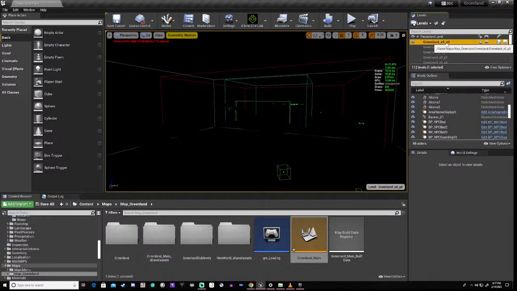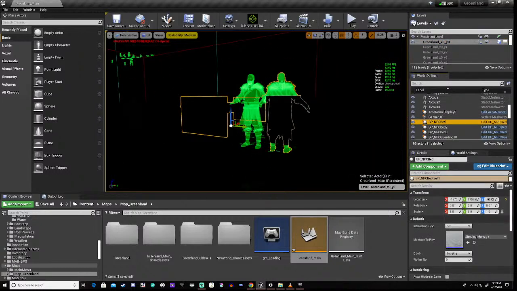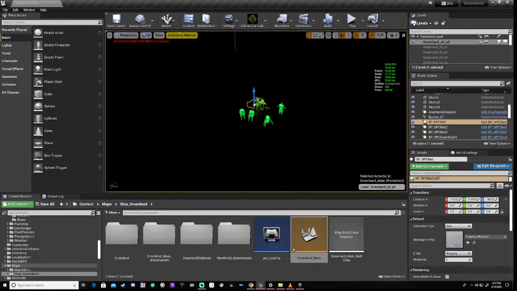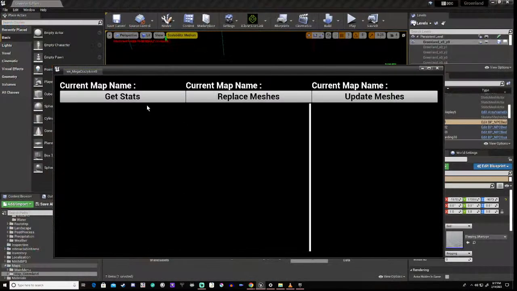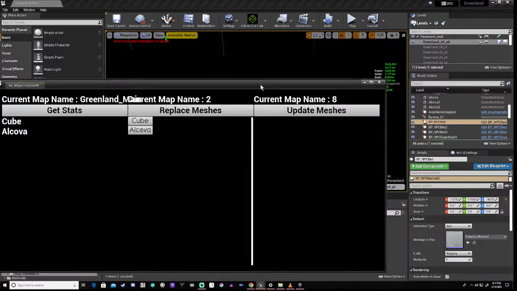Can I? Right. So this is our thing here, right? And what we can do, remember, now that we've got our editor widget, is we can get the stats on it. Right? Now that doesn't seem right.